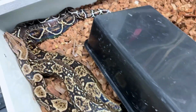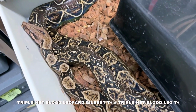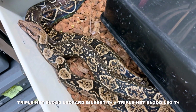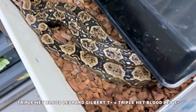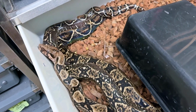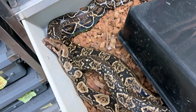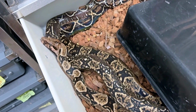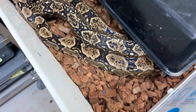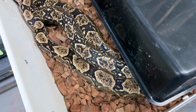I haven't repeated this for a couple years now. I don't know if they're locked yet, but they're definitely showing interest. These are triple hets. So they're het for Gilbert T positive, het for blood, het for leopard. And I never hit the triple recessive with these guys. So I gave the female off a year. So really she was bred 2 years later to something else. And now we're at 6 years after the first breeding, and we're going to be breeding the triple het to triple het and see if we can try to hit that